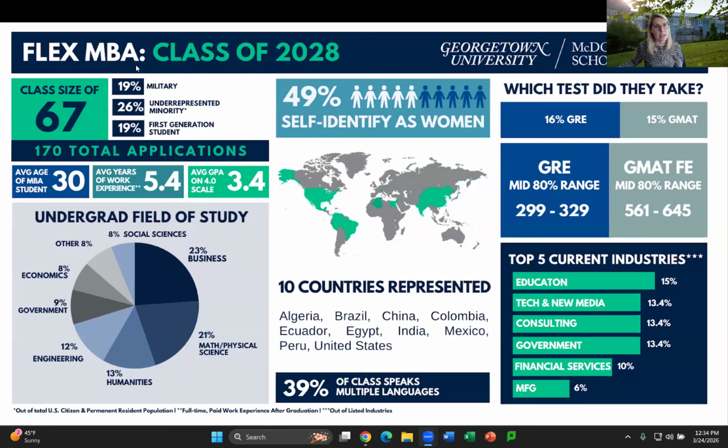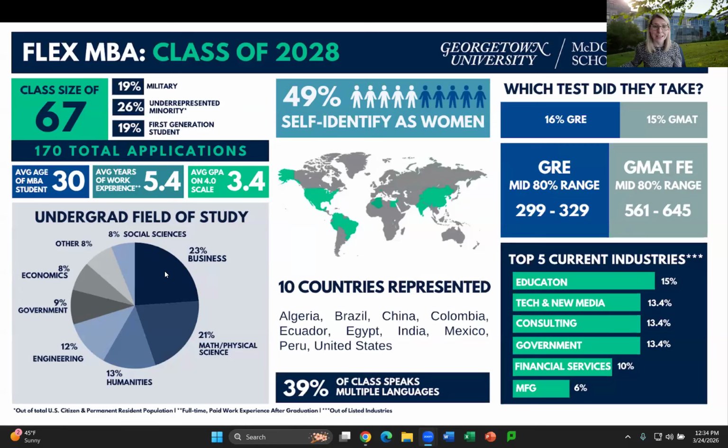And Flex MBA candidates have to live in the DC, Maryland, Virginia area because you come on campus for your classes. Typically 2 days a week for class and maybe another day a week for special events or teamwork, project work. Here's the breakdown of some demographics, the top of funnel for applications, average age, work experience, GPA, again, the